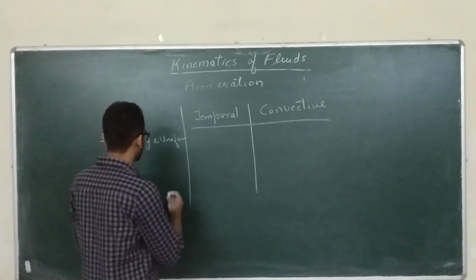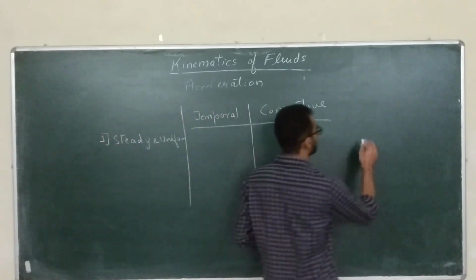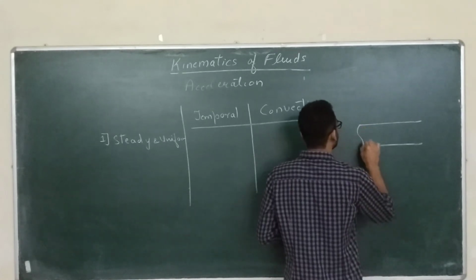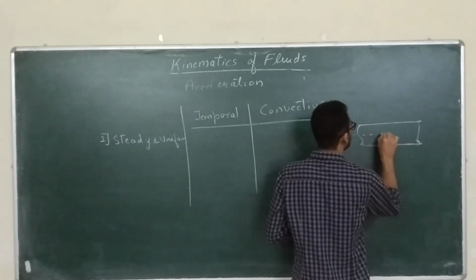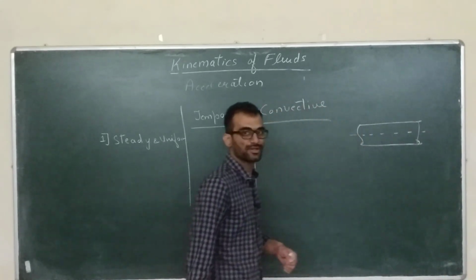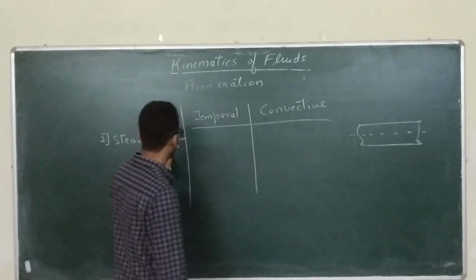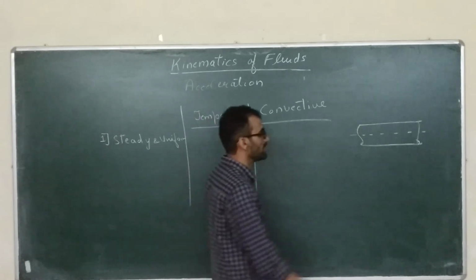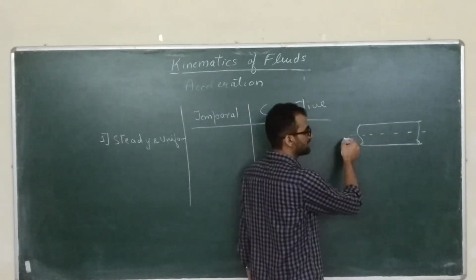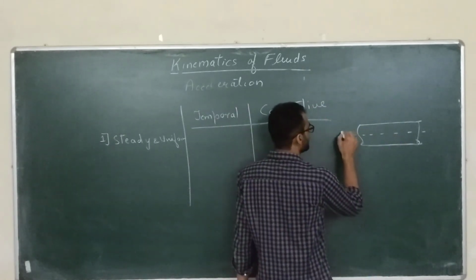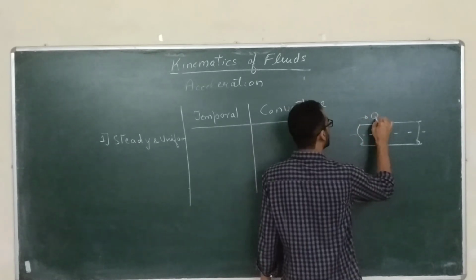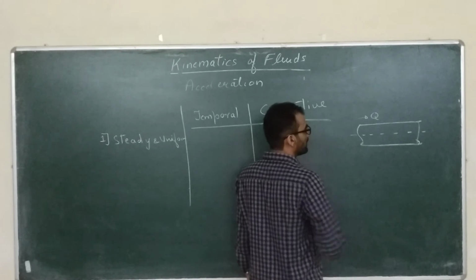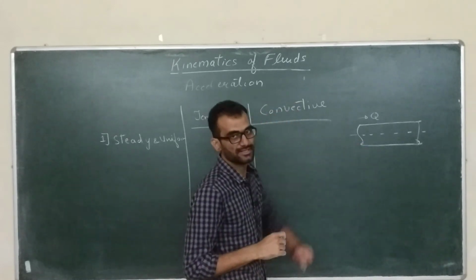Alright, let's take an example. That day we discussed a few examples. So a steady uniform flow will be like this. What is the meaning of a steady flow? A flow which does not change with respect to time at a particular location. And uniform means the flow properties will not change with respect to space. So what will be an example? A steady flow passing through a constant diameter pipe. This is an example of a steady flow. Q is constant.